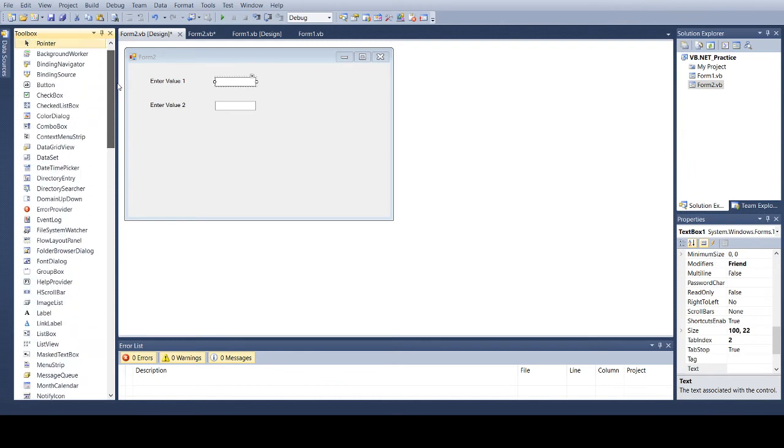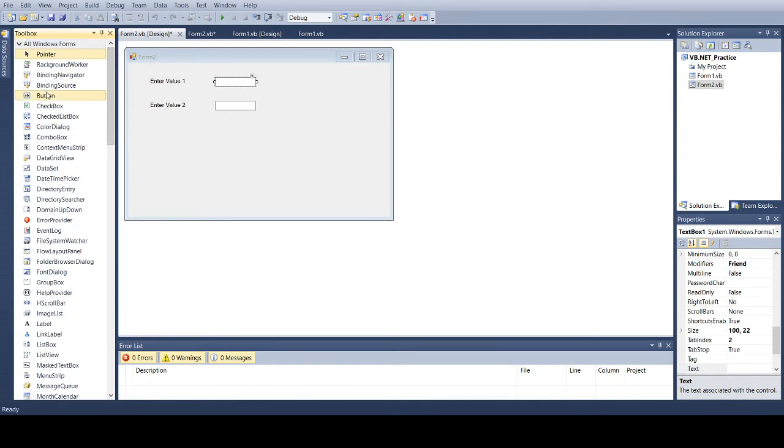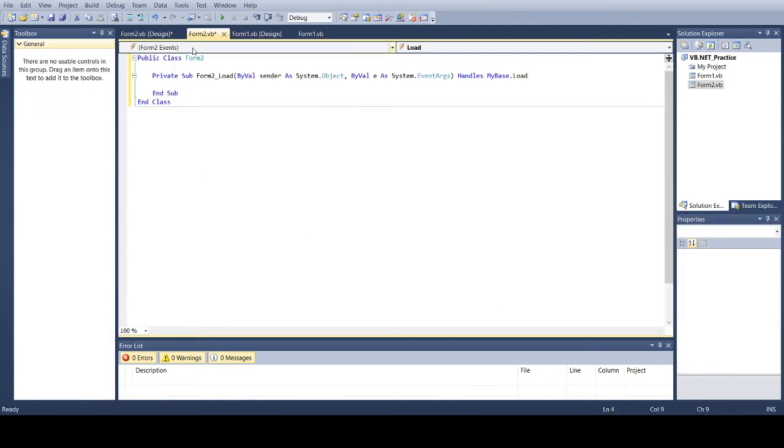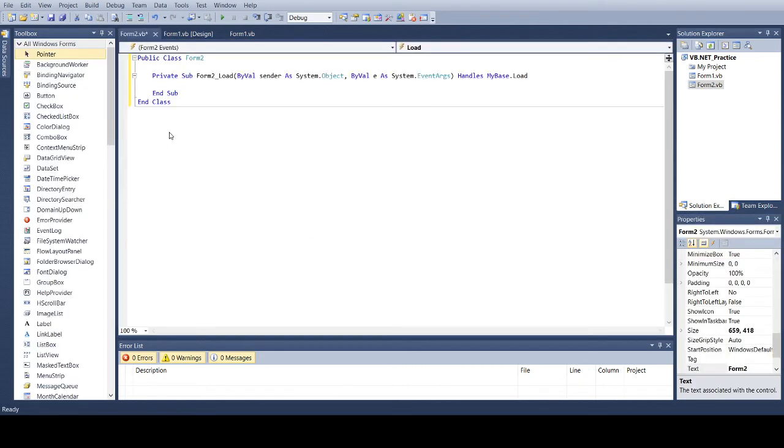Now we will take 5 buttons for basic operations: plus, minus, multiplication, division and modulo, which are all considered arithmetic operations. So we are taking plus, the next button will be minus.